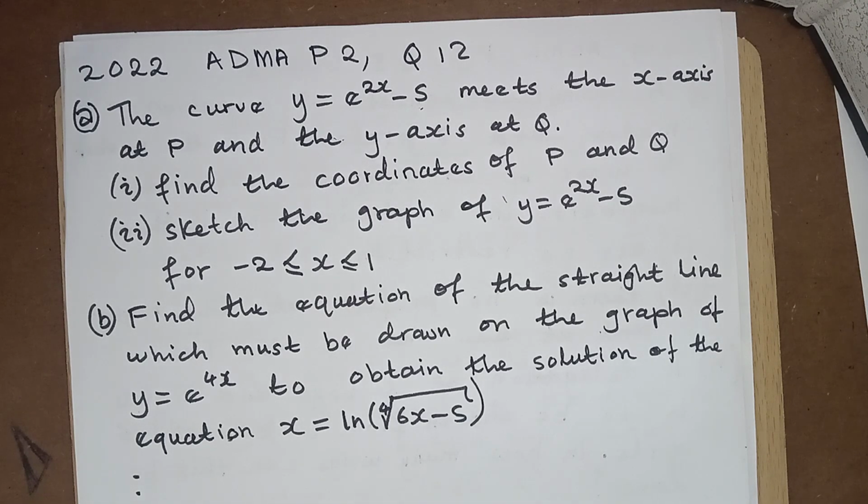2022, ADMA paper 2, question 12. The curve y is equal to e to the power 2x minus 5 meets the x-axis at P and the y-axis at Q. Find the coordinates of P and Q. So to find the coordinates of P and Q,